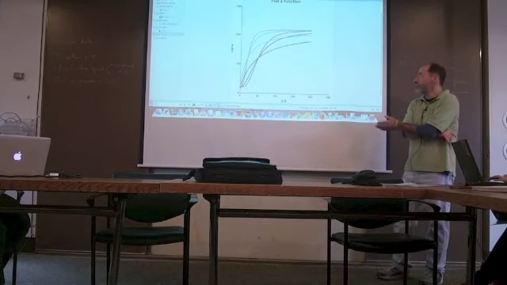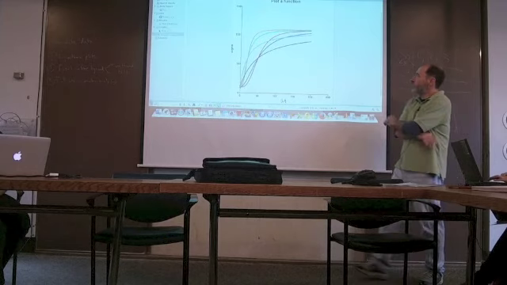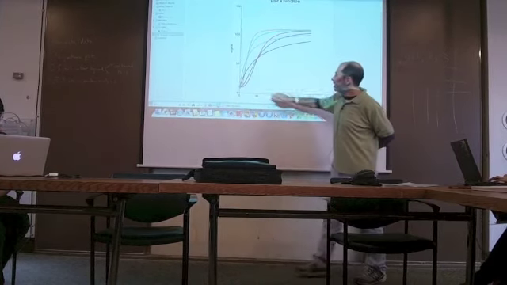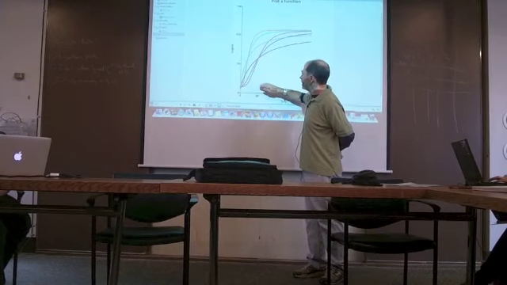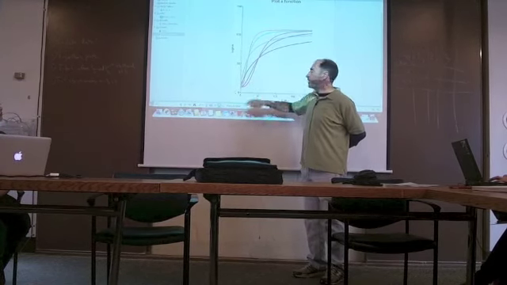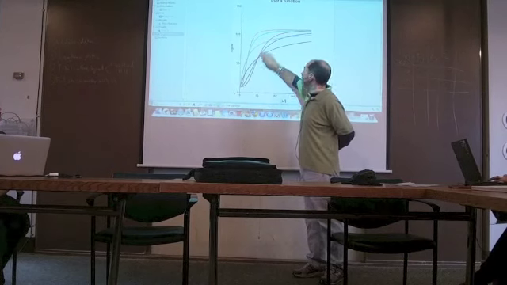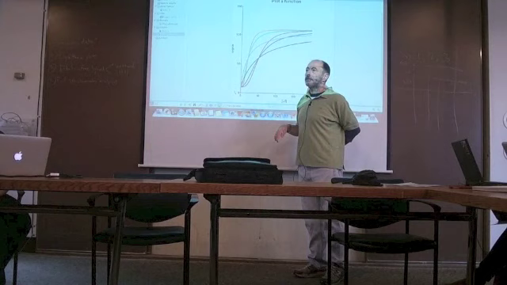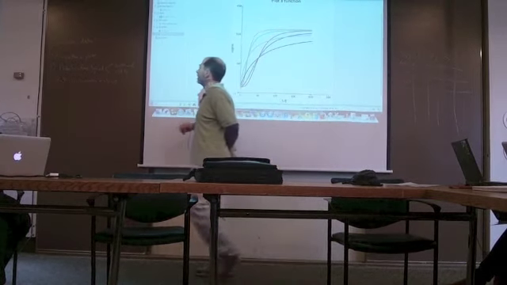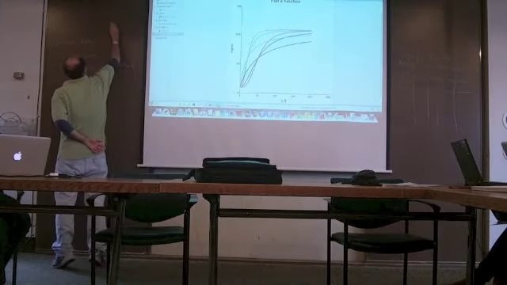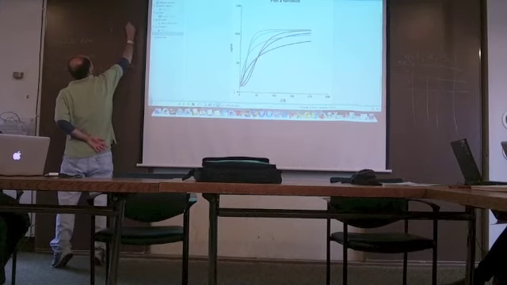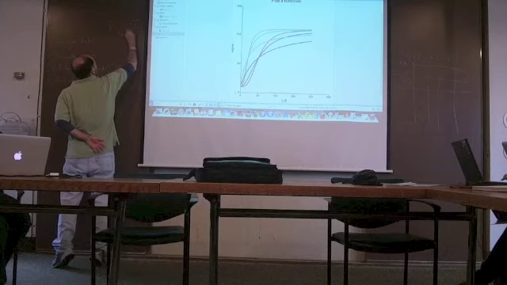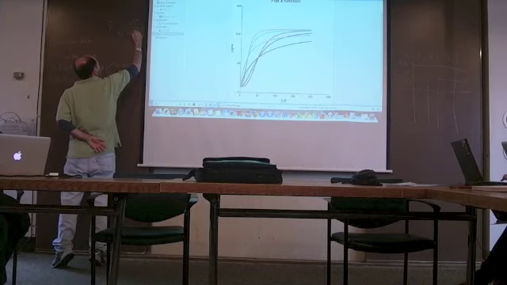Well, the black or gray ones are n equals 1, and they're hyperbolic and they saturate very slowly. As you go from n equals 2 and then to n equals 3, it becomes more sigmoidal, right? So you have more curvature down here, but it also saturates more rapidly. And that makes sense, right? Because if we look at y bar equals LF to the n over KD to the n plus LF to the n,